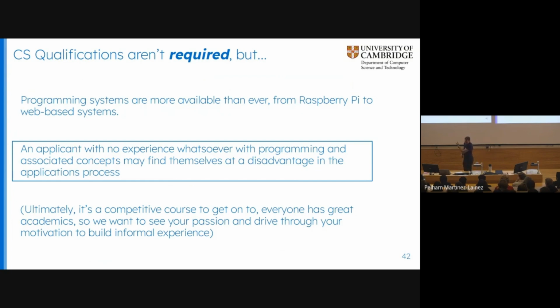And you know, you should be doing stuff in your own time. If you are doing a qualification, that's great. It doesn't stop you from also doing some extra stuff in your own time. Really, it's all about showing that you have a passion. And it would be so strange for someone to turn up in front of us and say, I haven't done programming today. And for us to say, well, you're applying to do a degree that's competitive and has loads of programming in. You're just saying for the next 3 years, you want to do lots of programming, but you've never even tried this. That's just weird.